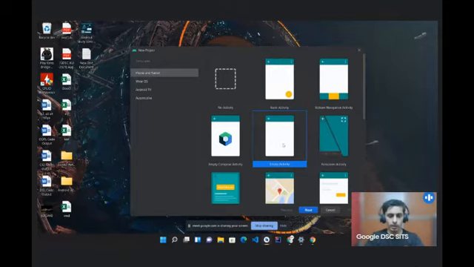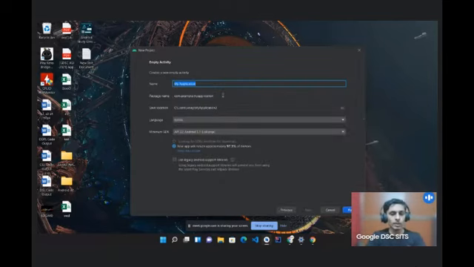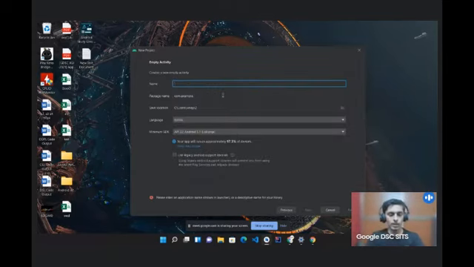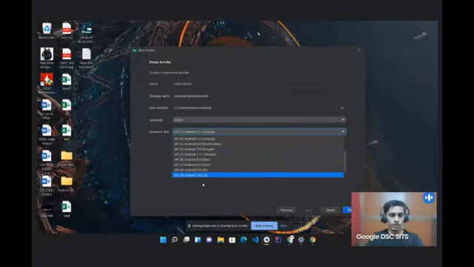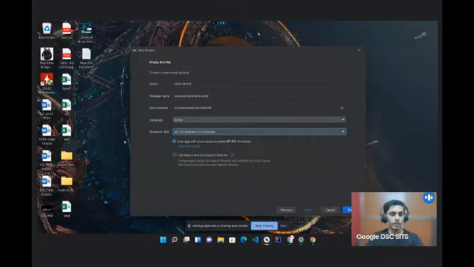After creating the new project, you have to select Empty Activity. Select next. Then first is the name. Here you have to write the name of your application. For example, I'll write Hello World. You have to select the language as Kotlin. Next is the minimum SDK. Minimum SDK is the minimum Android version that your application will support. You can choose whatever you prefer. I have selected Android 5.1, so my application won't run on devices that are running Android versions older than Android Lollipop. After doing this, you have to click finish.